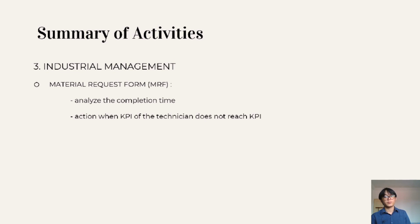Furthermore, we were also exposed to industrial management. Thus, we were introduced to the material request form, MRF, from which we can extract data from ASIS. This allows us to analyze the time technicians take to complete and start doing the work order. In One Medicare, the KPI set by the company is that the work order must be done within 7 days. However, if there is some technician who did not reach their KPI,